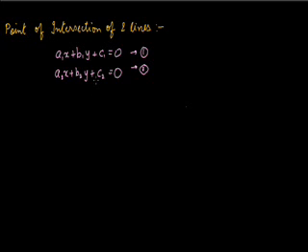So let's say these are the two equations of the line, and we are required to find the point of intersection of these two lines. In the earlier standard, we had seen linear equations in two variables, wherein we had seen a method known as the cross multiplication method to find the common solution of those two linear equations. We shall make use of the cross multiplication method in finding the point of intersection of the given two lines as well. So by cross multiplication method, I can say that